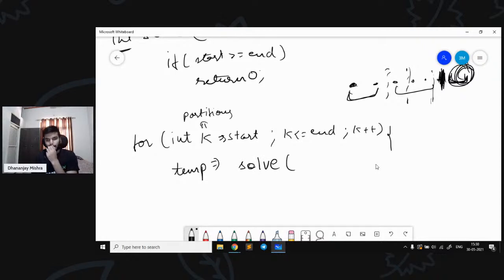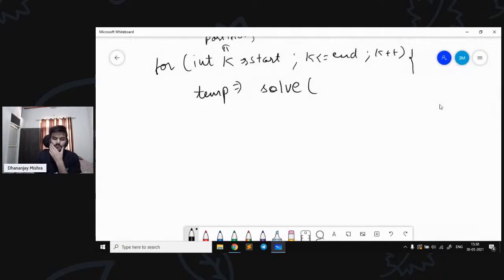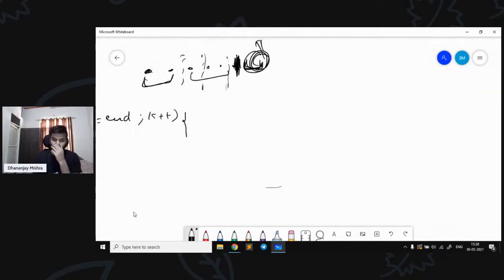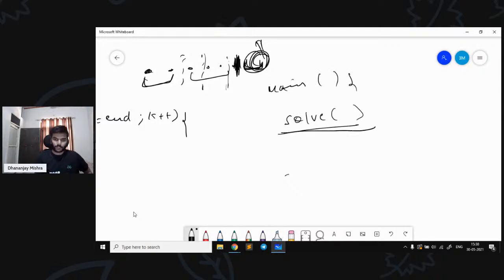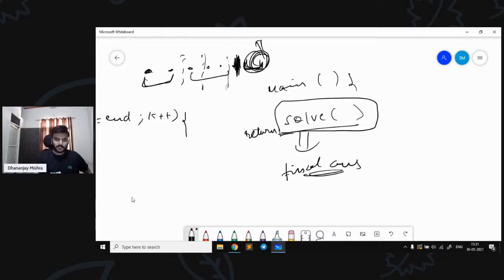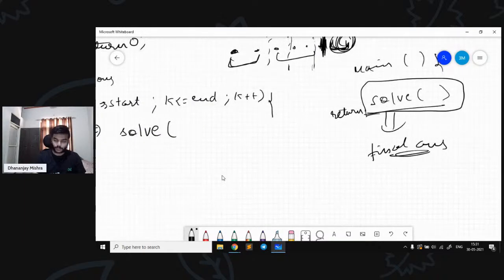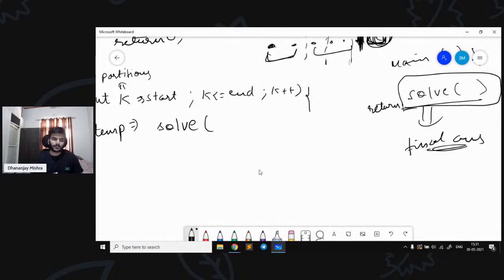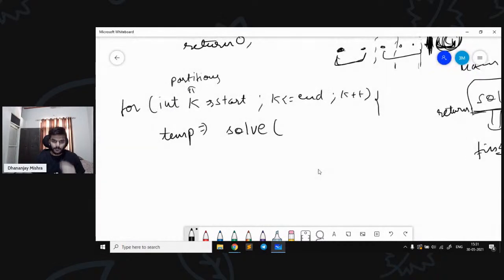So what did we assume? From the main function, we call this solve function to calculate our answer. We are assuming that this solve function will give us the minimum cost, and we will return the answer we fetch from it. So we are assuming that it will give us the final answer, right? Noticing this is very important, so keeping this in mind, we are sure